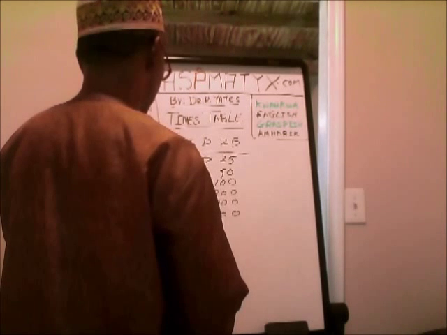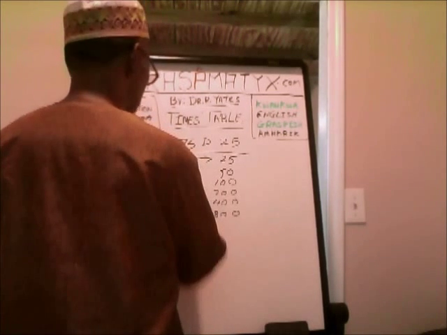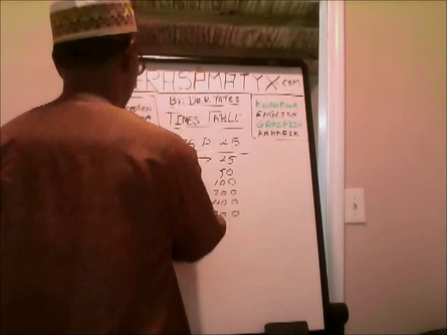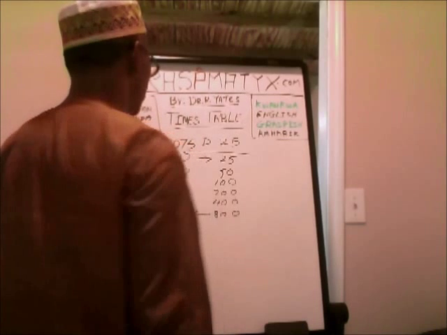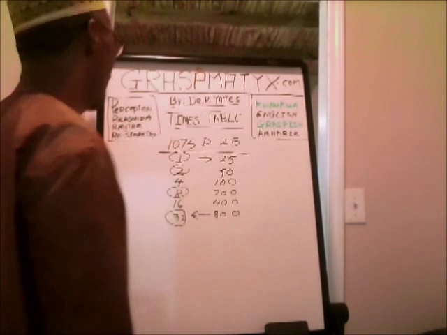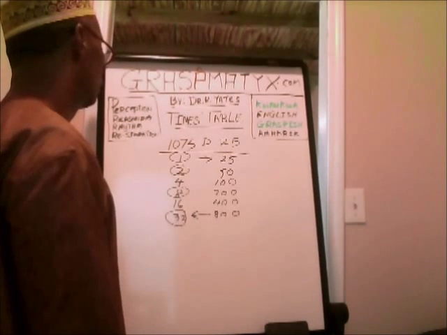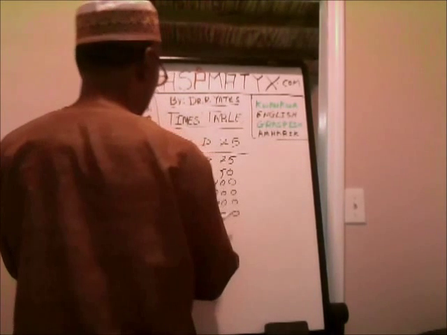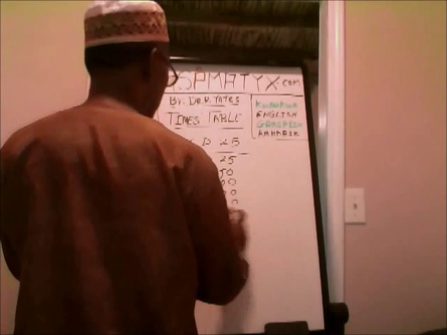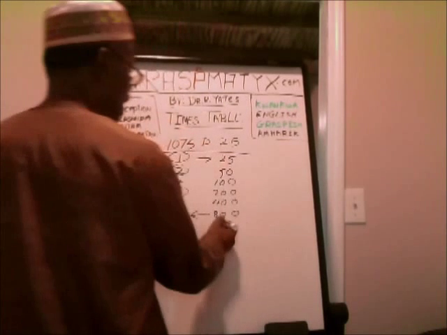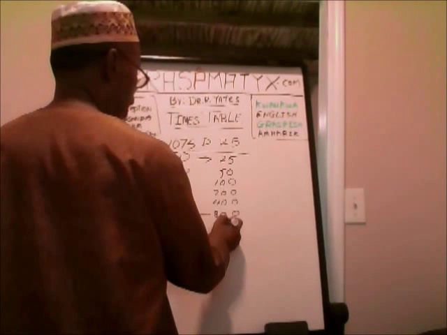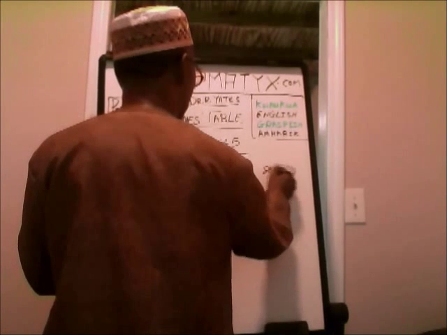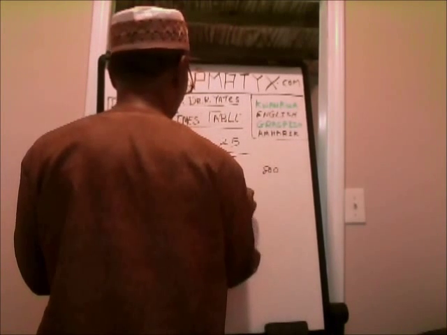I'll have to add this, and I have to add this. That's what I'll be adding to get my answer. Because now I'm going to add 8 plus the 2 DZ, we call this DZ. DZ means double zero, okay? D for double and Z for zero. So I add this, 8 DZ plus,